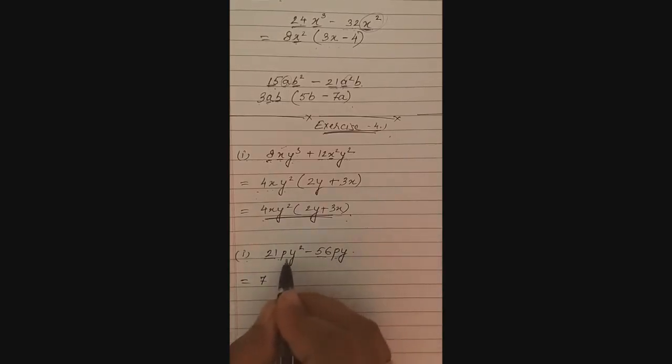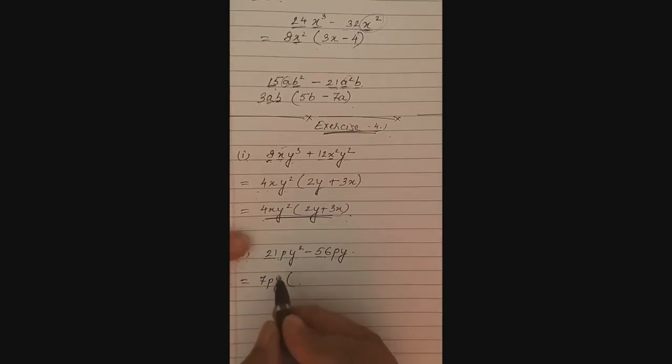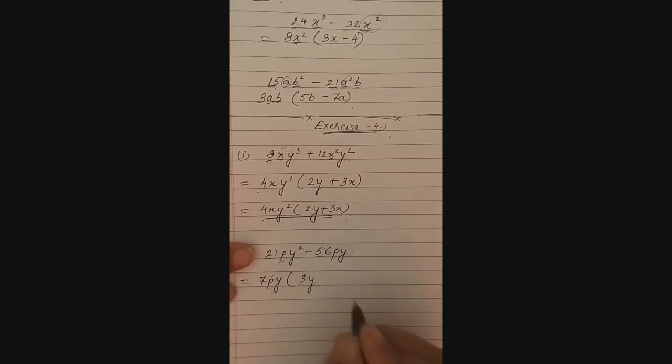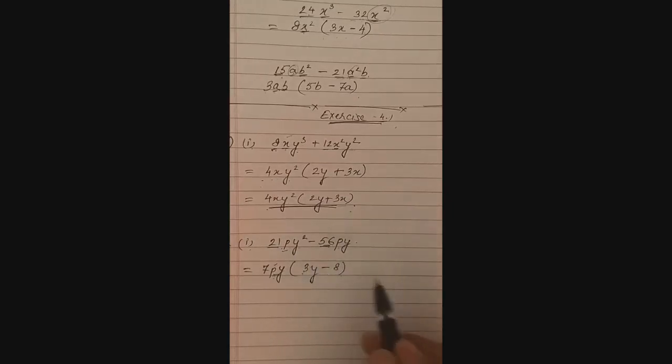Then p I can see in both the terms, so p I'll take common. Then y is common. Okay, now 7 we have taken common. What is left here? 3. P we have taken common, so only 1. Then y we have taken common, only 1 y will be here, minus. Now py completely is here, so we'll leave py. Then what about numerical coefficient? 7 8 is 56, so what is left? 8. So factorize this one is easy.